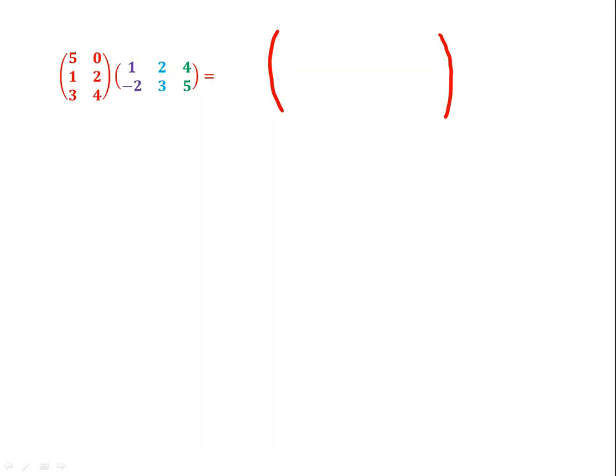So let's have a look at another example of a matrix multiplication. This time the first matrix has got 3 rows and 2 columns. The second matrix has got 2 rows and 3 columns. To do the multiplication, we are going to block off everything except the first column of the second matrix. And we're then going to do that multiplication. So first of all,